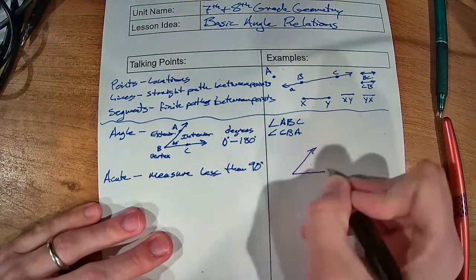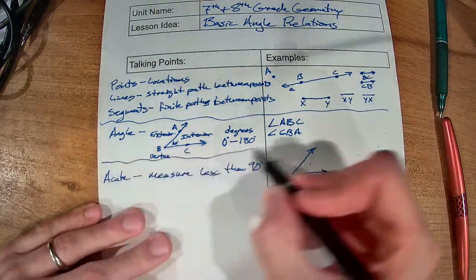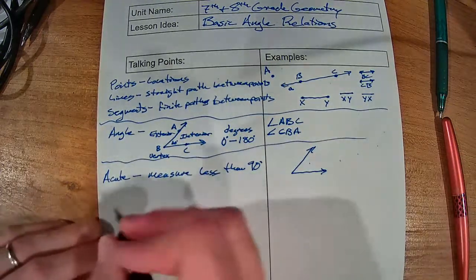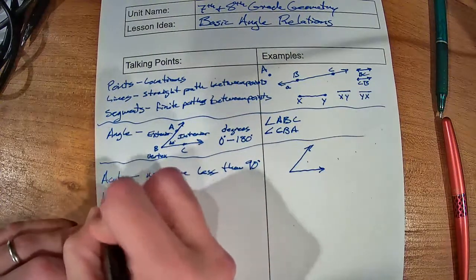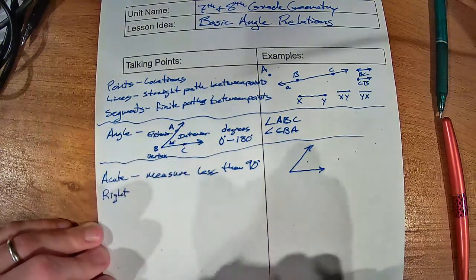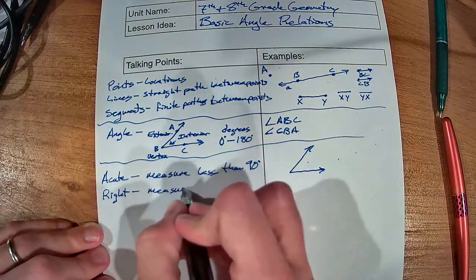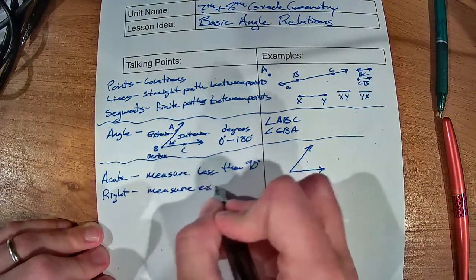So if we're looking for an example of that, maybe we've got an angle that looks like this. Okay, so a nice acute angle there. Kind of separate those out. We can also have what we call right angles. And these are angles that measure exactly